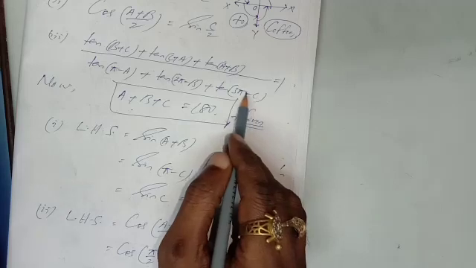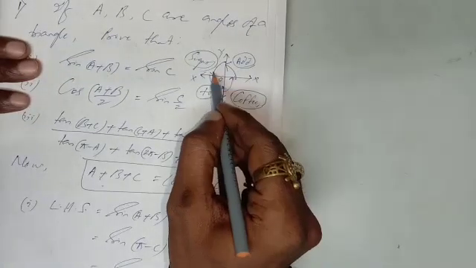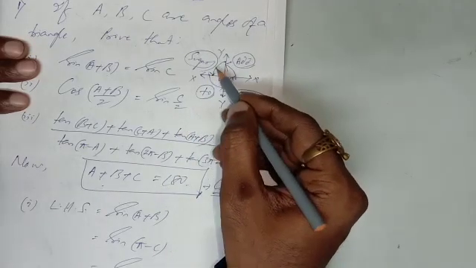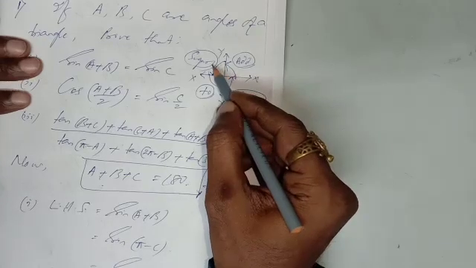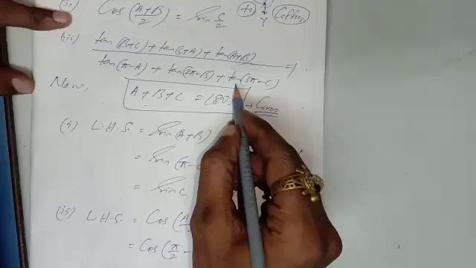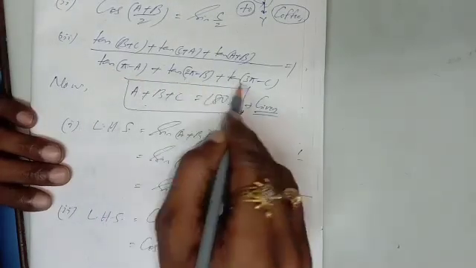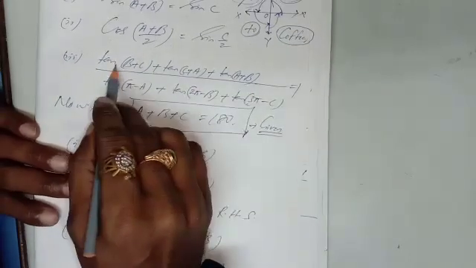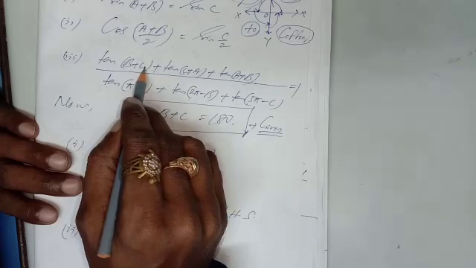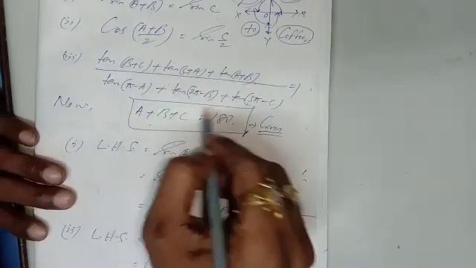3 pi minus C, just to see the figure: this one is pi, 2 pi, and next is 3 pi. 3 pi minus C means this will be second quadrant, and in the second quadrant this will be minus tan C. So your left hand side will be minus tan A, minus tan B, minus tan C, and here it will be tan pi minus A, that is minus tan A, minus tan B, minus tan C, both will be cancelled, left one.